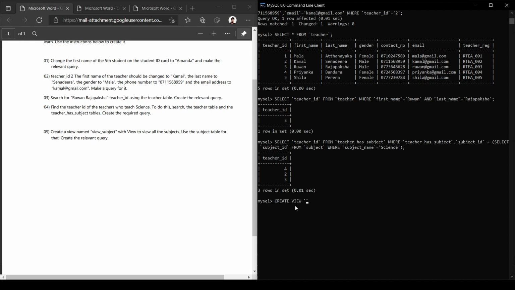So create view subject, and then this keyword called as, then we can write the select query to output our data, and those data will be stored as a virtual table.